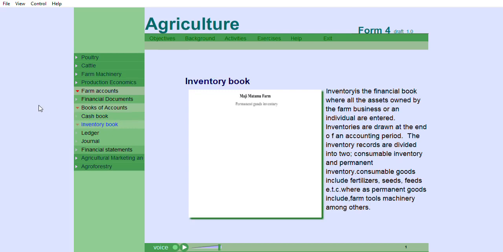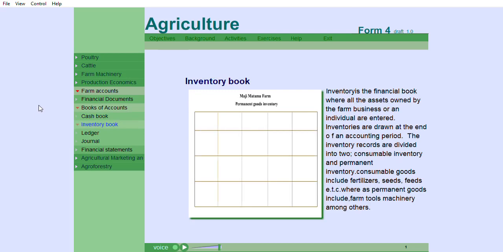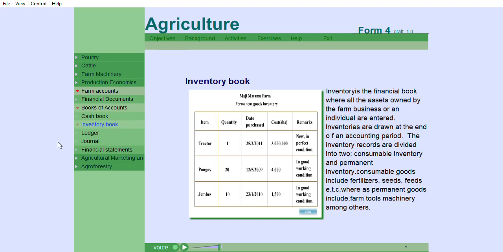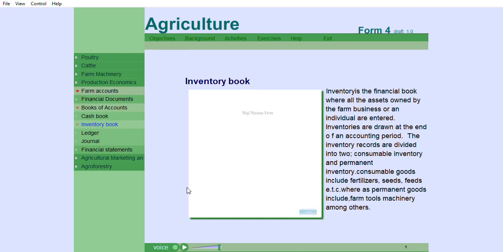Inventory book is the financial book where all the assets owned by the farm business or an individual are entered. Inventories are drawn at the end of an accounting period. The inventory records are divided into